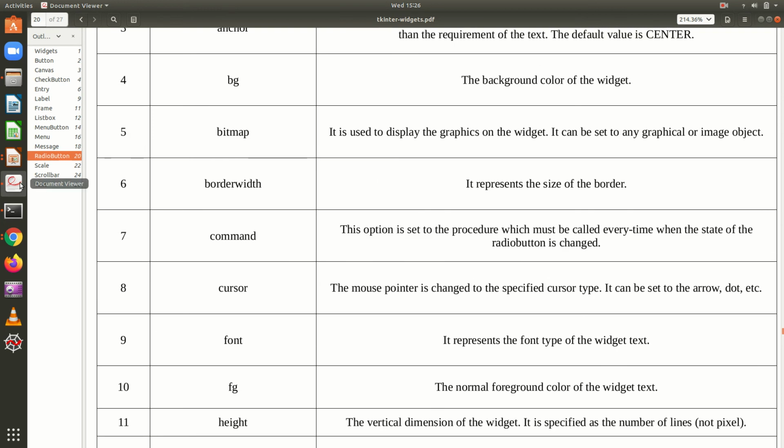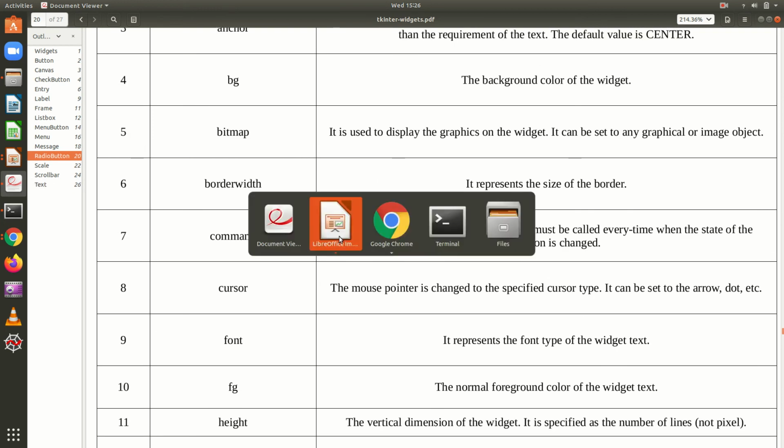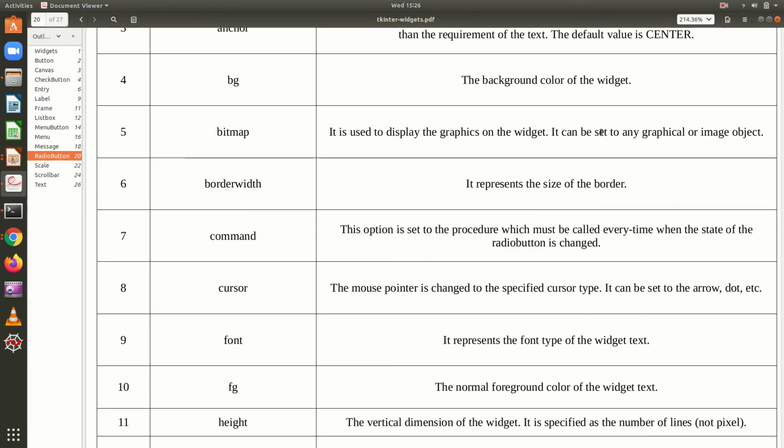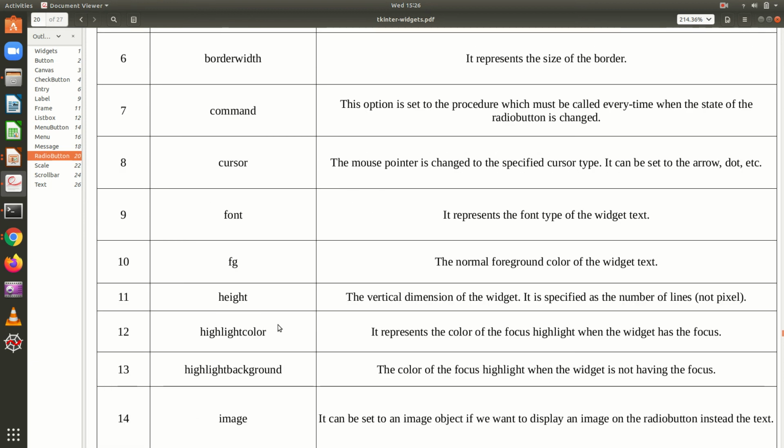This is what you mean by a radio button, right? So this circle is shown to each and every item, and you can select any one of the items. Instead of text as the radio button option, you can give a bitmap file also, which can be an image, and the cursor can also be changed, and the command can also be given, right?